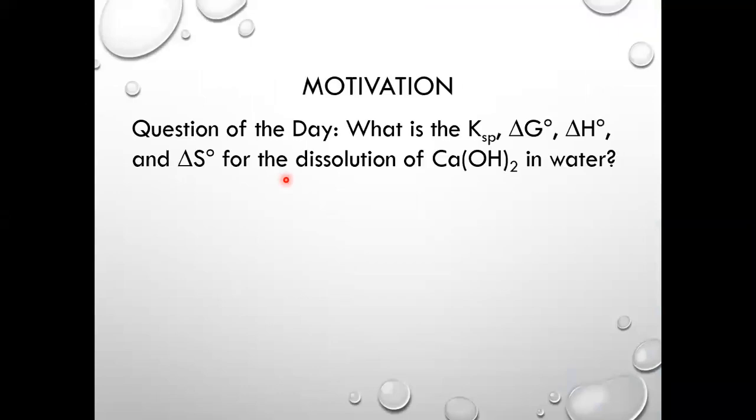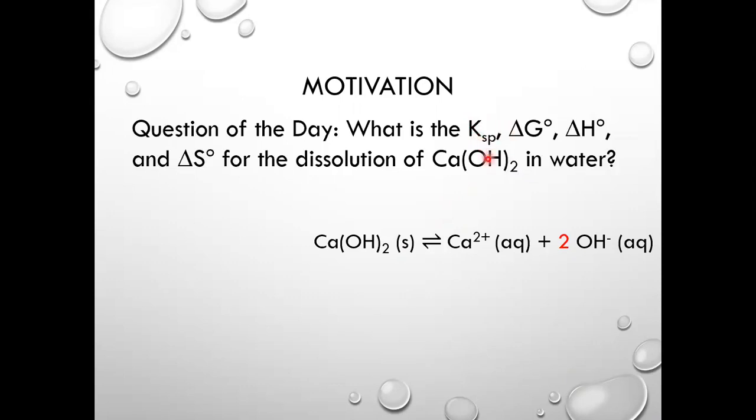Our objectives for this experiment are to determine the solubility product constant, the change in Gibbs free energy, the change in enthalpy, and the change in entropy for the dissolution of calcium hydroxide in water. In other words, for this process described by this balanced chemical equation. Practically, we're going to determine KSP values, and then from those values, be able to either calculate or graphically determine